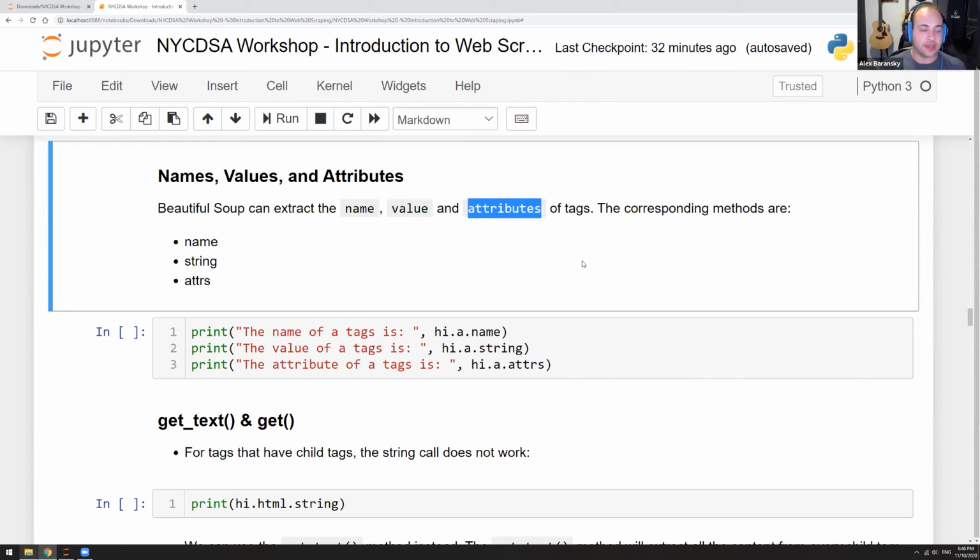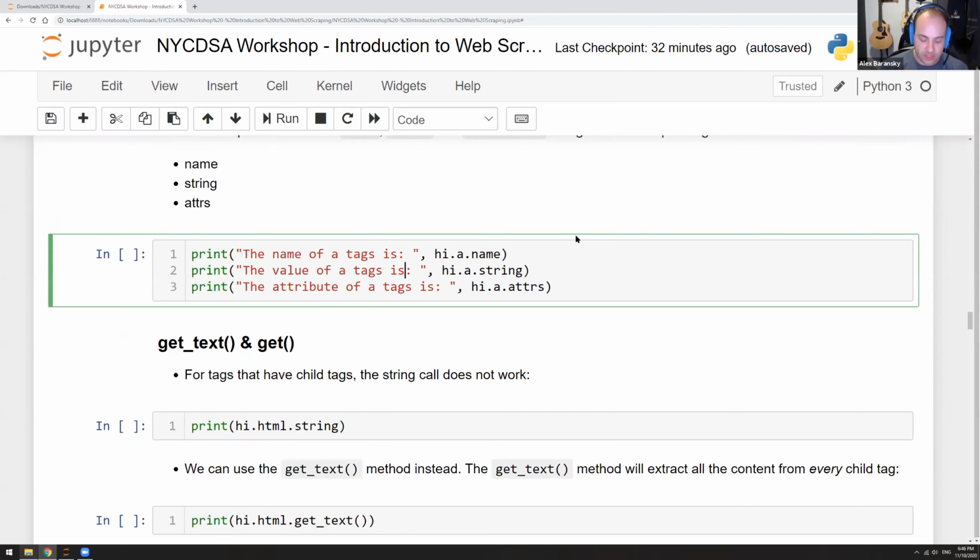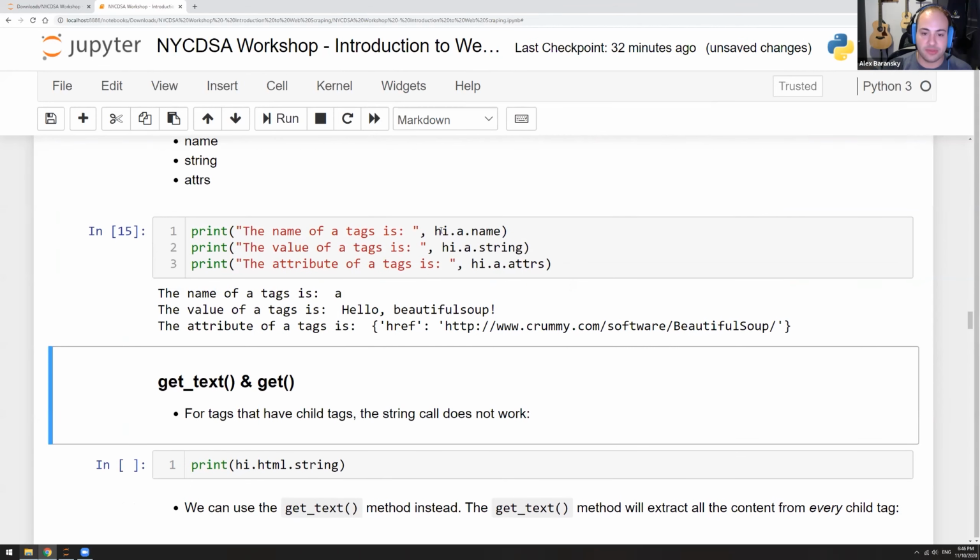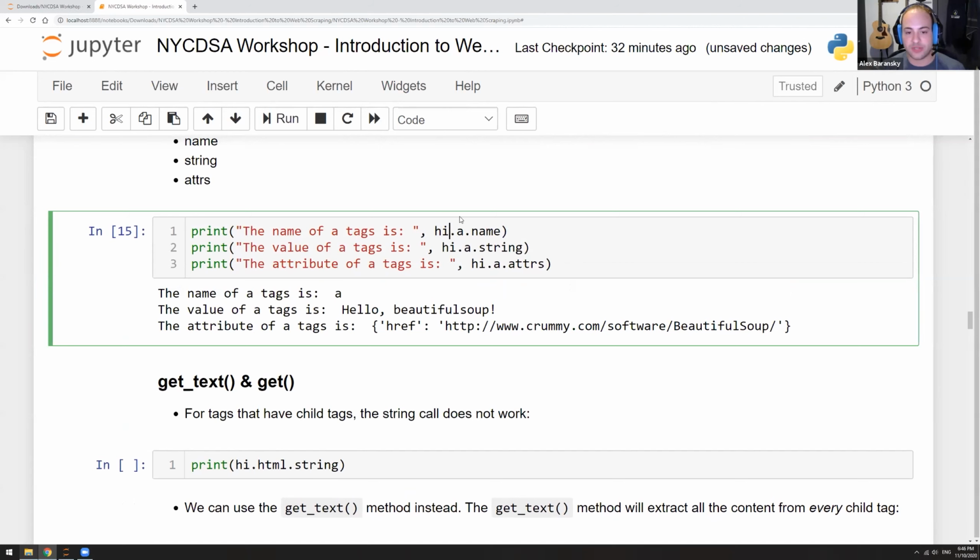You want to get references, like URLs to other pages, because we want to follow this trail to get to the actual page that we want, and we want to automate that process. So we can run this, which, from this hi Beautiful Soup object, we have an A tag, and then we can say the name of the tag, which will just return A because it's an A tag. We can say a.string, which will give us the